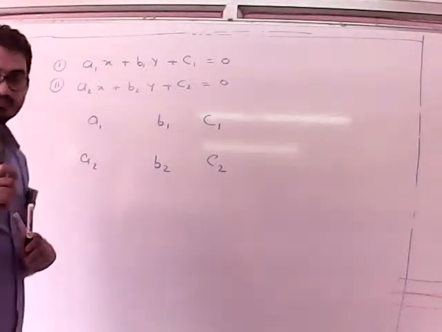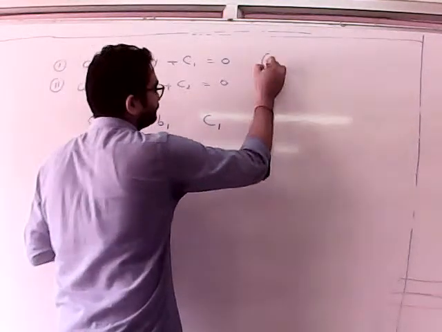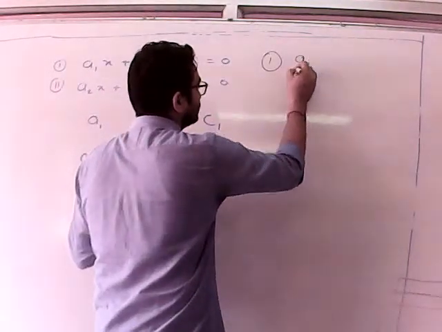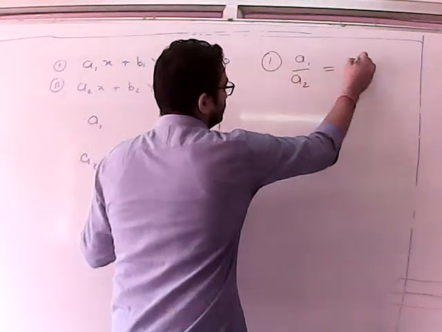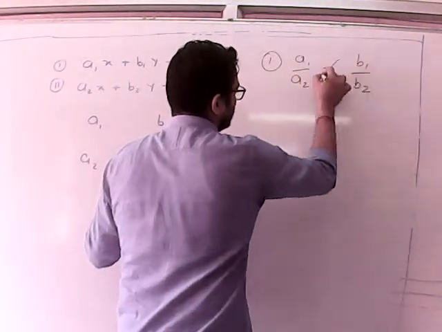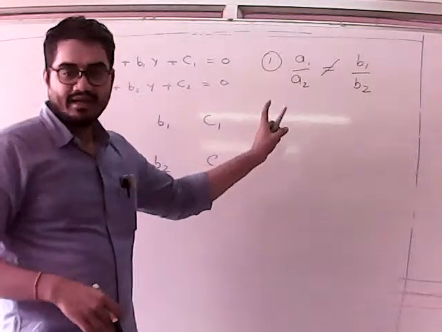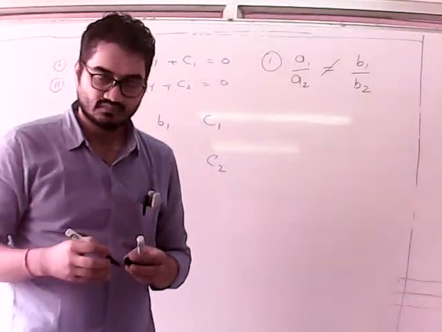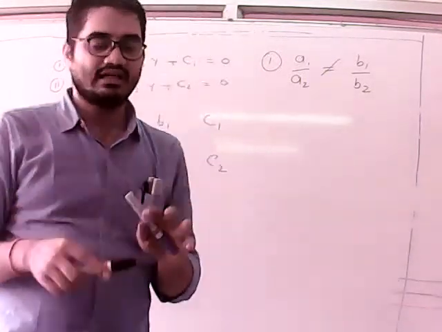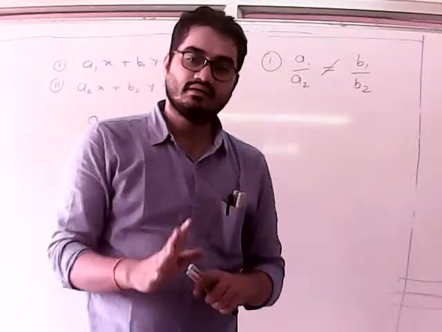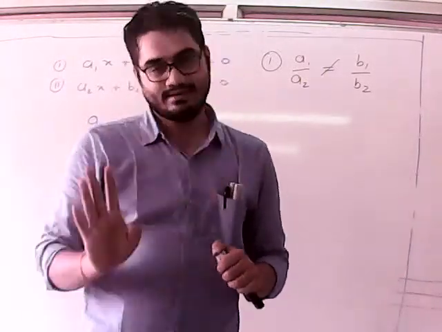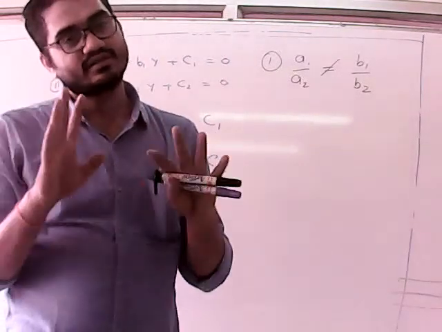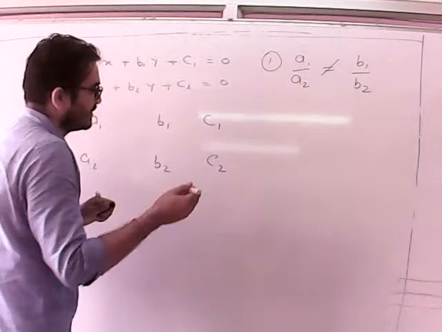Now if we are getting the first condition, that is a1 upon a2 not equal to b1 upon b2, अगर हमने चेक किया a1 upon a2 और b1 upon b2 इक्वल नहीं है, इसका मतलब इस इक्वेशन का हमें एक सॉल्यूशन मिलेगा, वो पक्का फाइनल हो गया। क्या हो गया? इस इक्वेशन का हमें सॉल्यूशन मिलेगा एक, वो तो 100% फाइनल हो गया।